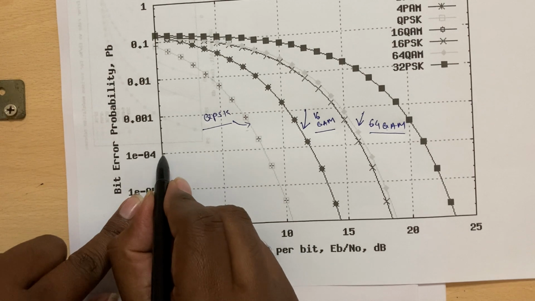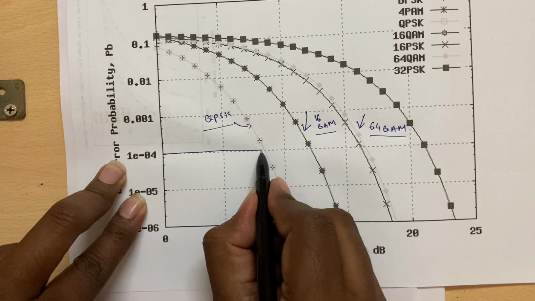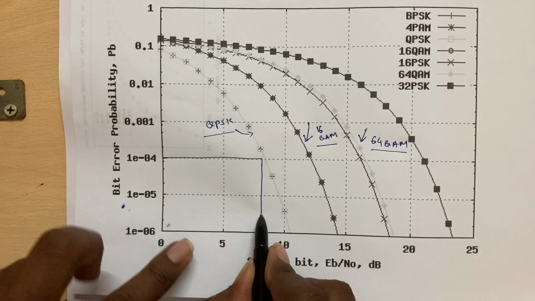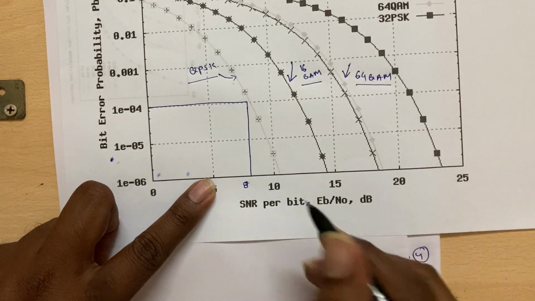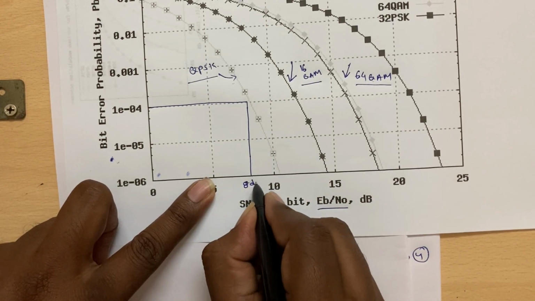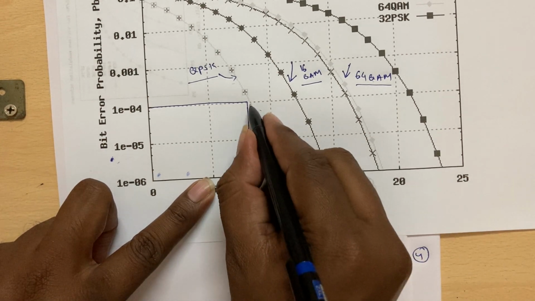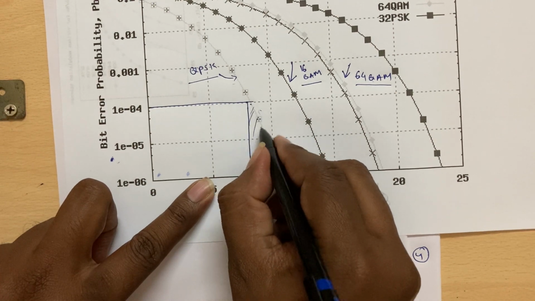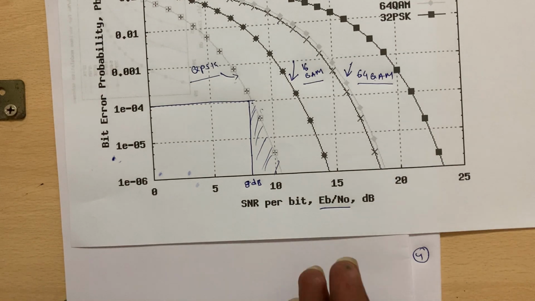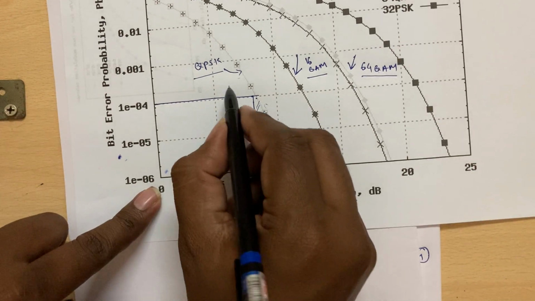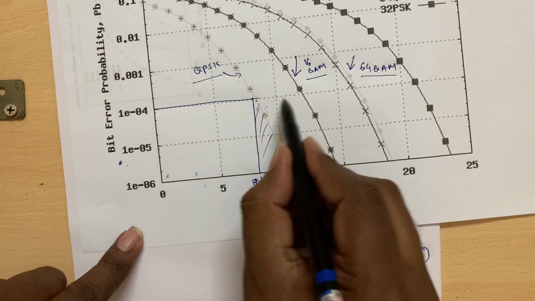So there may be some given maximum bit error rate you can say, for example 10 power minus 4. So in this case, at least you should have 8 dB of SNR, or Eb by N naught, 8 dB. If you have 8 dB or above 8 dB, then only the BER will be lower than this value, means for this zone of operation. And if Eb by N naught goes below 8 dB, the bit error rate will be more than the tolerable value. So this threshold will be different for different modulation.